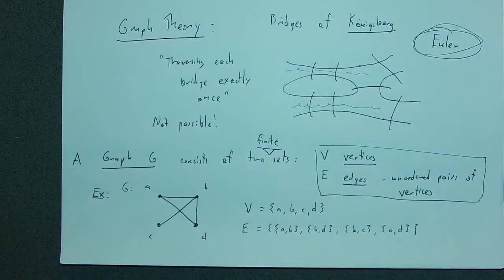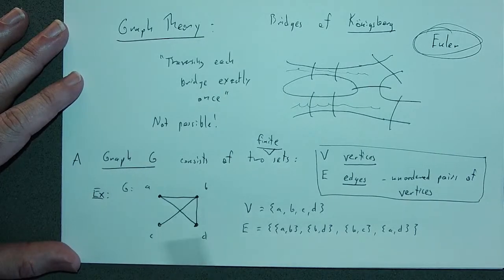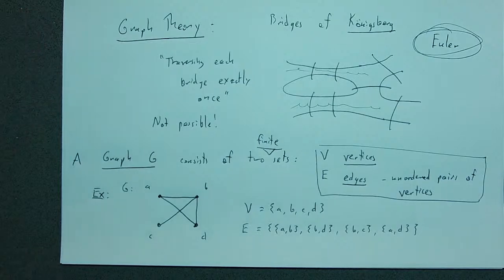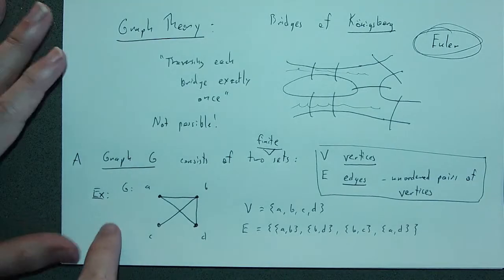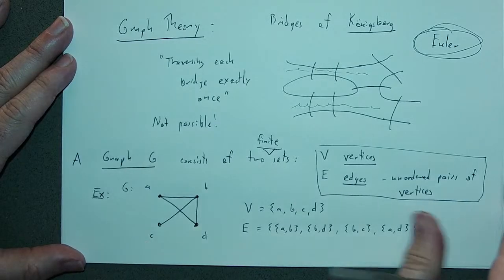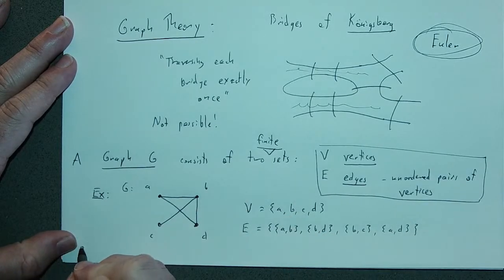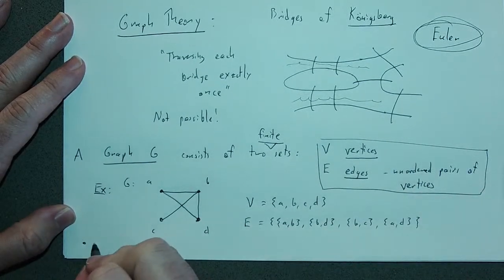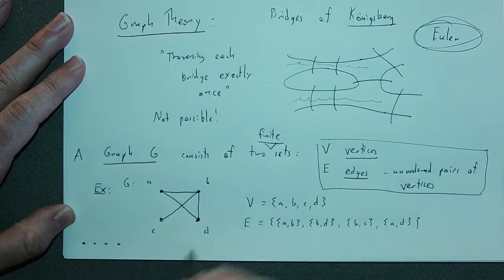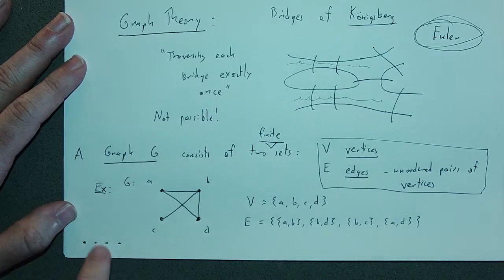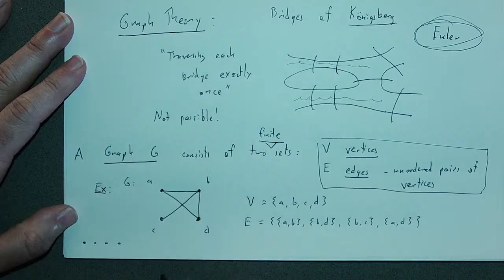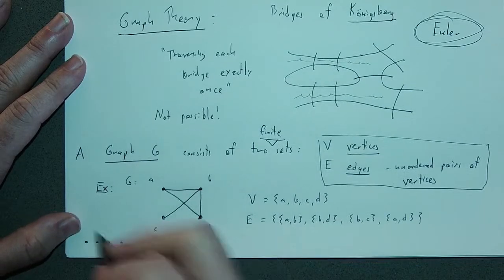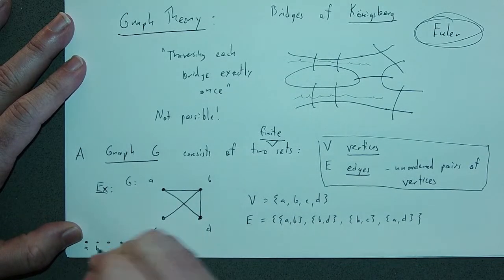And I should stress that even though, of course, I drew A, B, C, D roughly in a square, the graph absolutely does not refer to my vertices being arranged in any particular way, right? I could have drawn this graph like this instead, right? I could have put all of the vertices like this. And so long as I had drawn the lines in a way, so here, let's in fact just do this,